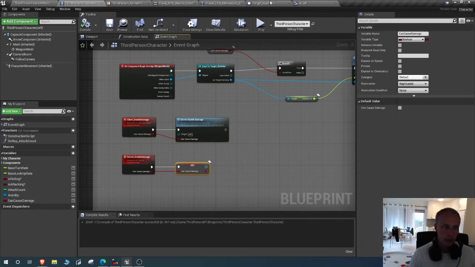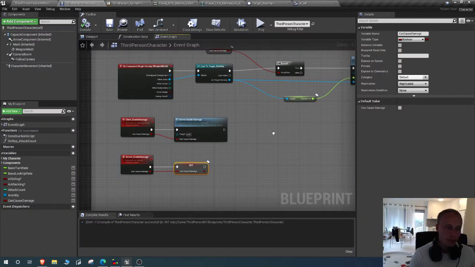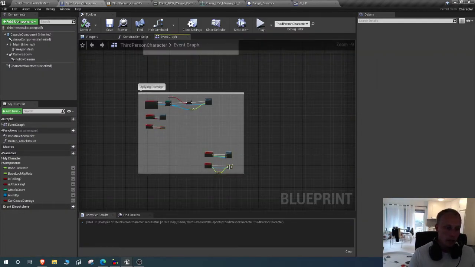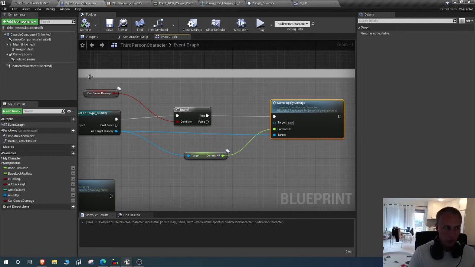So perfect. That means we are only going to be able to do damage between this point. Not here, not here, here. Yeah, perfect. Now we actually need to do the damage as well. So if we can cause damage, if it's true,